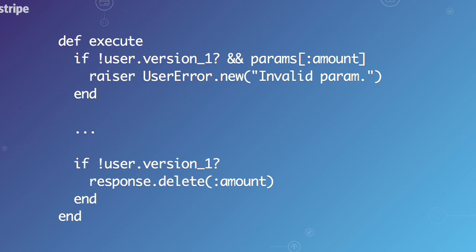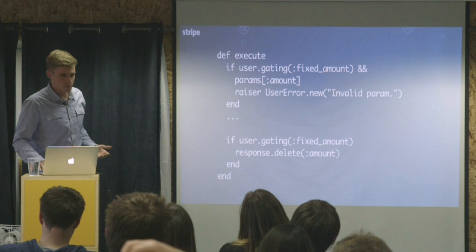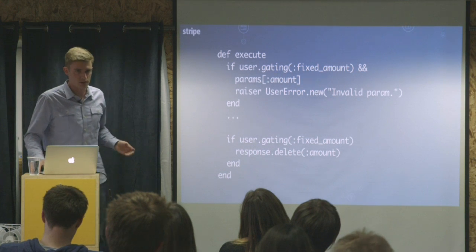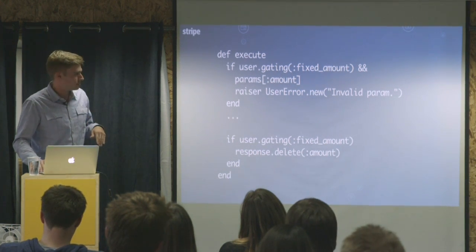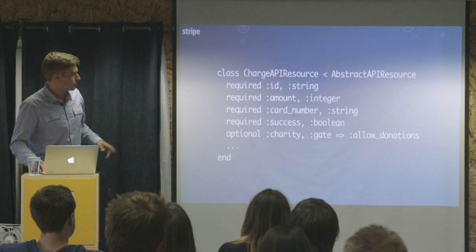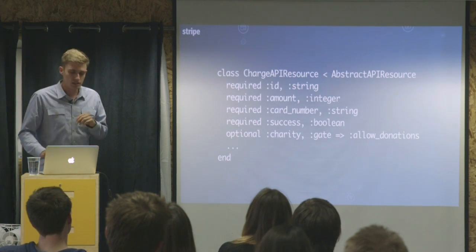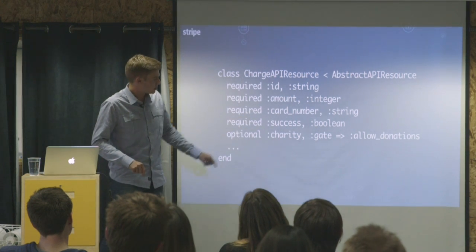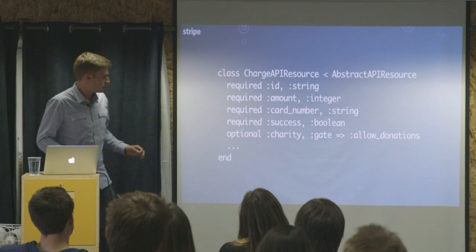But one thing when we went back and looked at this code is that I still have to write this gating check code, and you could imagine that could be something I could mess up. So how can we make it even easier for developers at Stripe to make backwards compatible changes? Remember that charge API resource that we saw? Instead, we can just add an optional field here that says, if this person is gated into